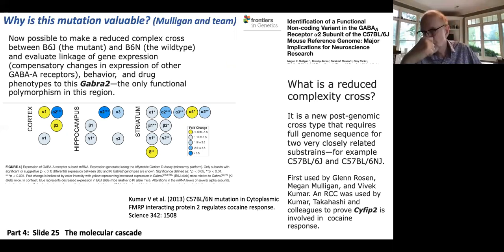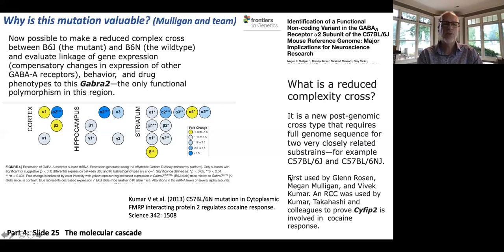versus wild type. And this just shows some of the molecular downstream consequences on other GABA alpha isoforms, or I should say proteins, and mRNAs in this case. How do they respond to the fact that the expression level in Black 6 is half of what it should be? And by the way, the protein level is roughly half of what it should be. So we can now do reverse genetics. And I should say this sort of reverse genetics actually